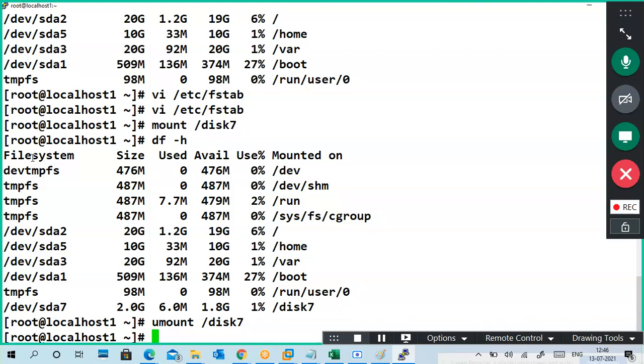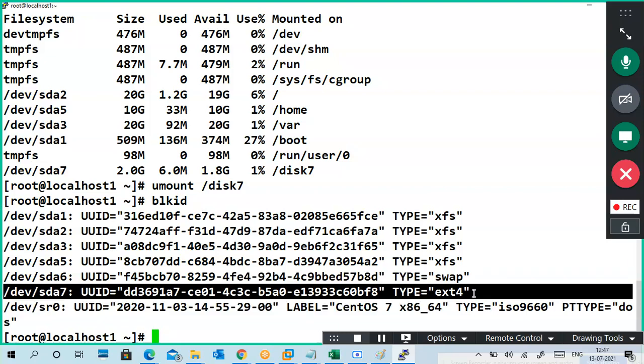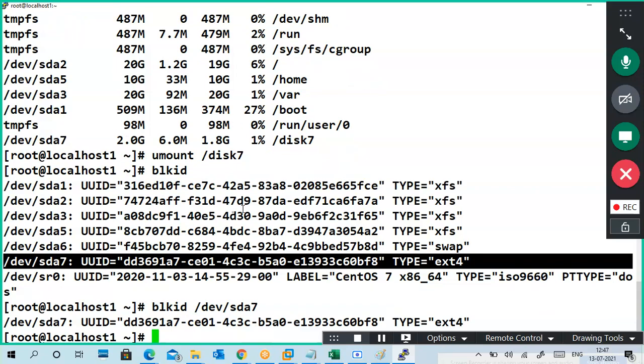So what I'm going to do is blkid. See, all partitions related blkid is showing. So this is my /dev/sda UUID. If you have more partitions, then it is a very big list, right? So then you can use blkid /dev/sda7.